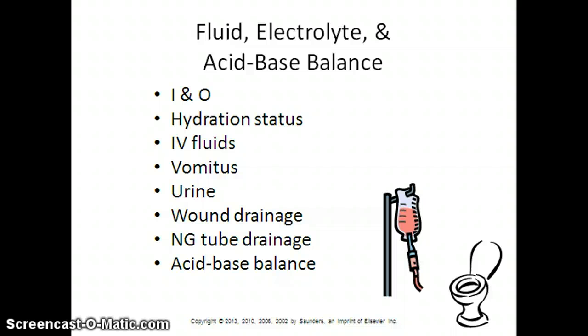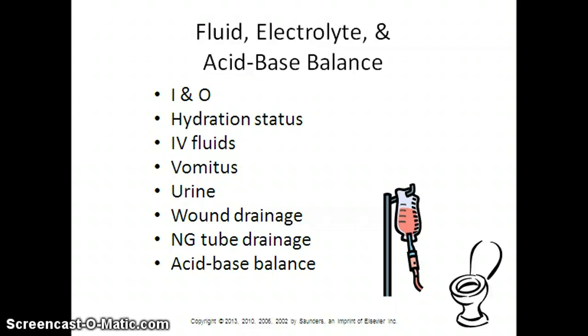Do they have a specific drain in, like a Jackson Pratt, an NG, Hemovac, those kinds of things. So we want to be looking at the total volume in as well as out, and the circulating nurse does report both the operating room and the PACU I&Os